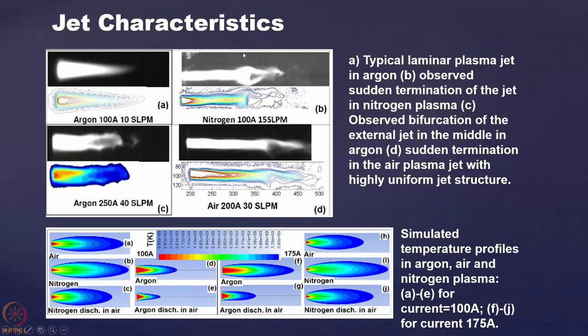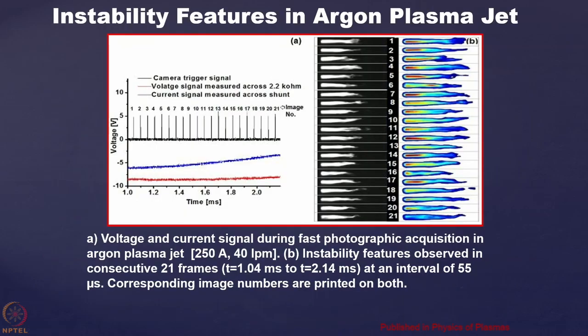But apart from that, this kind of obstruction and this kind of bifurcation behavior cannot be explained just by the kind of gas that you have used. Here the electromagnetic body forces are playing the role. How these electromagnetic body forces cause the jet to have a specific structure of this kind, we will explain in the later slides.